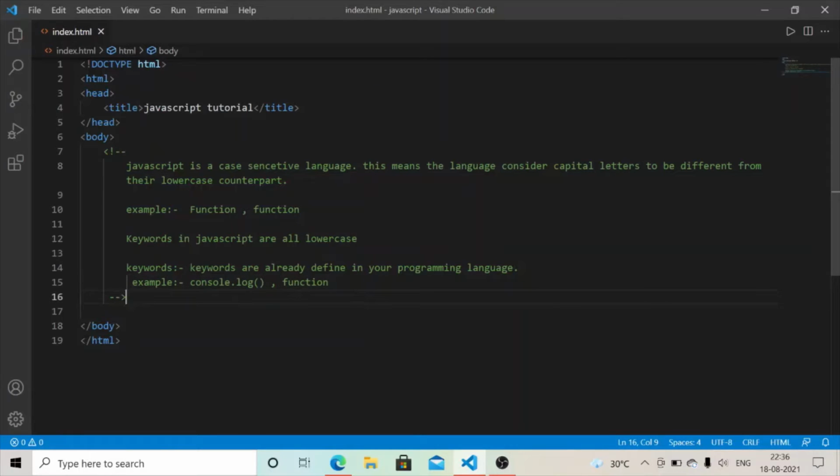So let's write a simple JavaScript code for that. I create here a paragraph tag with the class name paragraph.